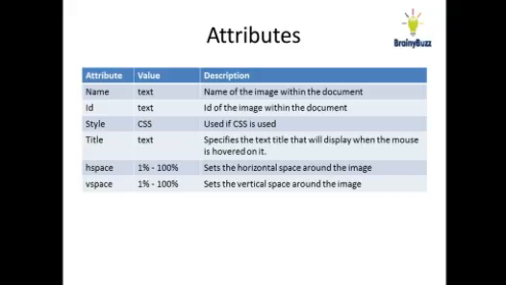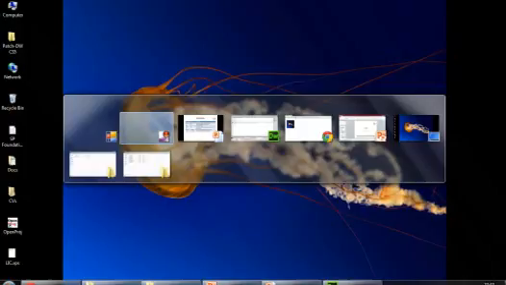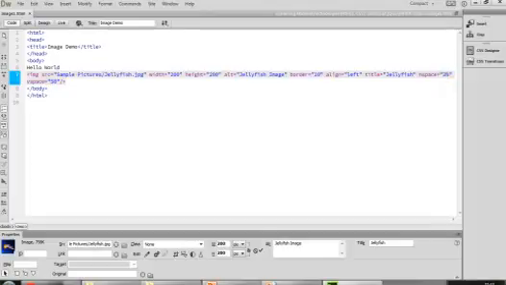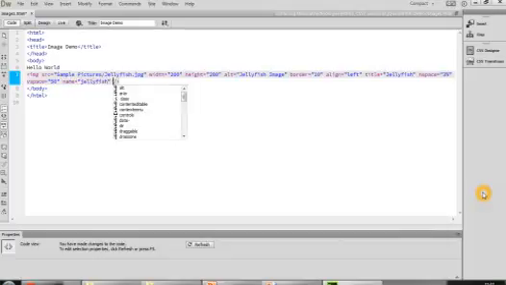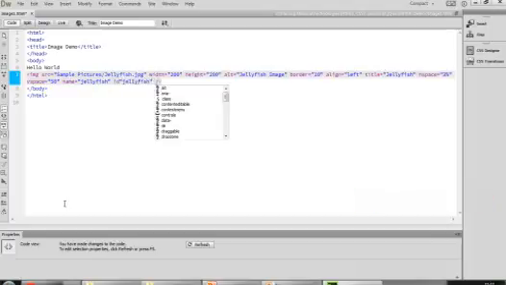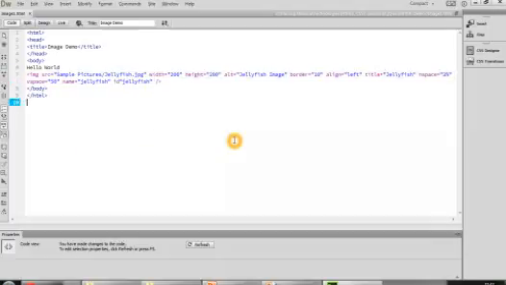Now we have seen the values, or you can also put the name and ID over here. These values are basically used to refer to your image or tags somewhere else. Like this you can put your ID and name attributes over here. So now you have seen